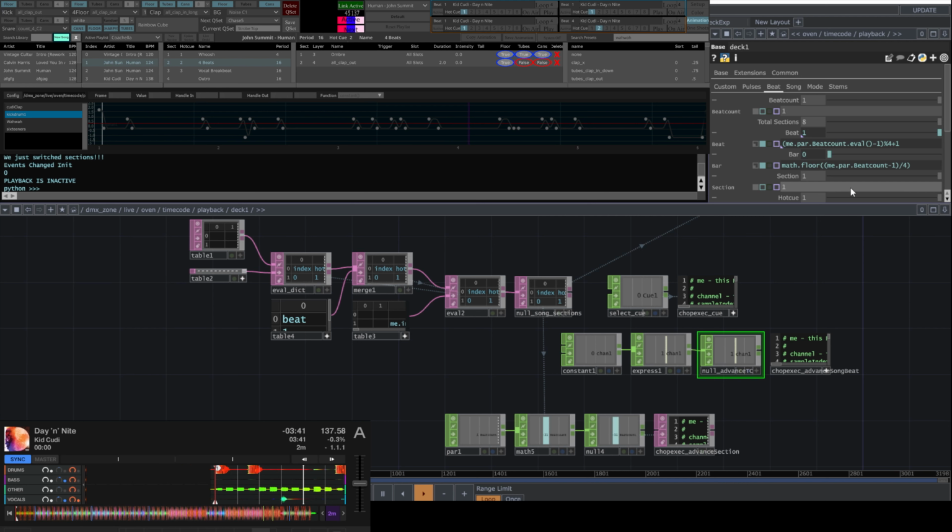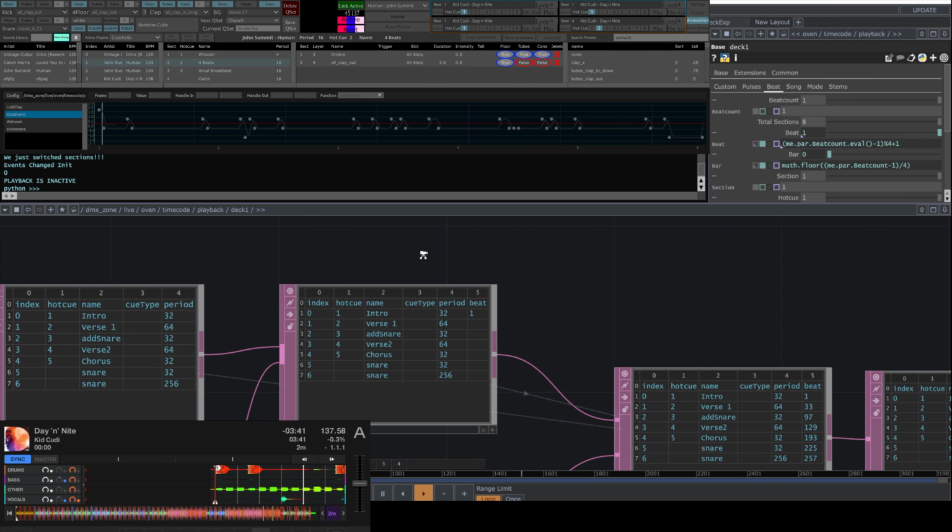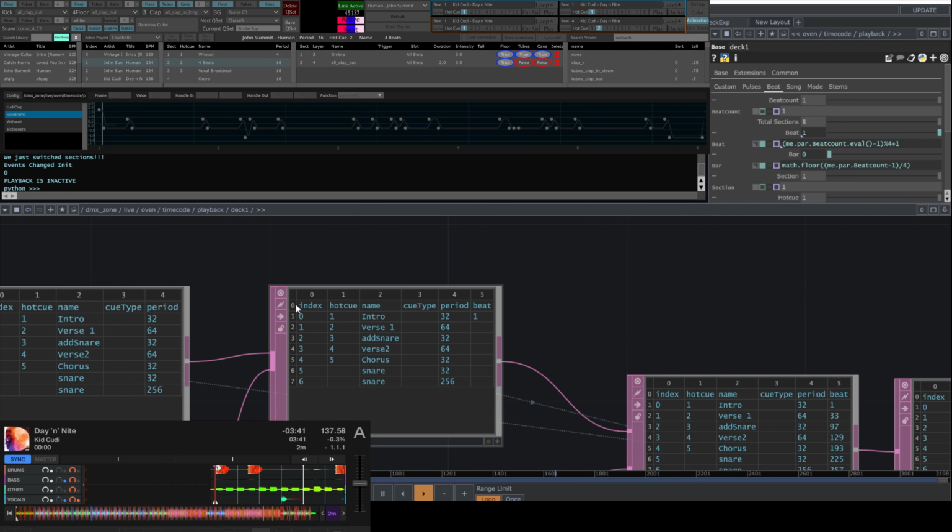But I wanted to show you this parameter right here, the section. A section is just a variable that I have defined myself, which equates to a part of a song that would be like the chorus or an intro or a bridge or a verse, something like that. And I have created a dictionary that has these 5 keys, and then the values are down here.